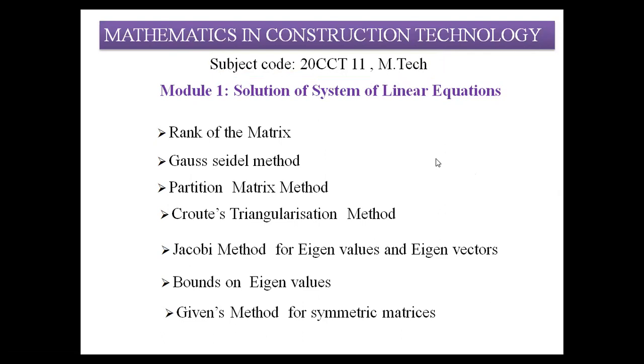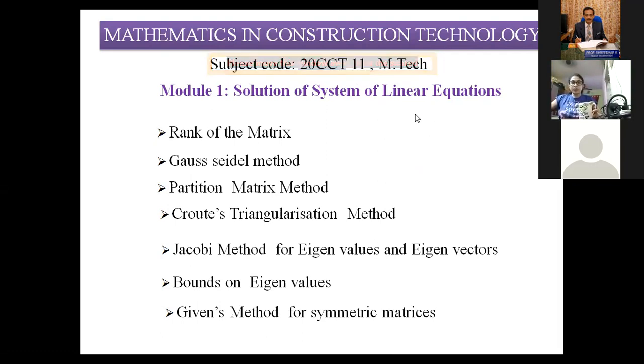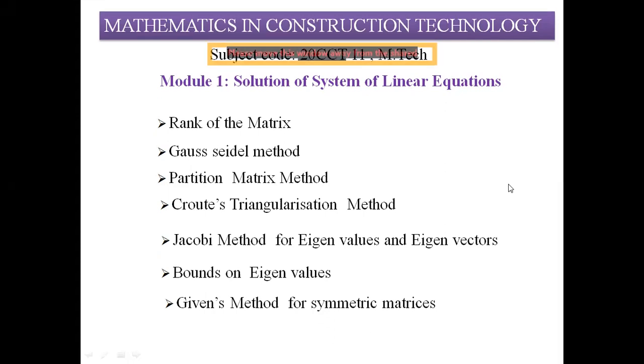Now first let us see whether the given system of equations possesses a solution or not. In order to check that, we have to see what is the rank of a matrix. First, let us see how to find the rank of a given matrix. Now, rank of a matrix. Here, matrix means the representation of the coefficients of the unknowns of the system